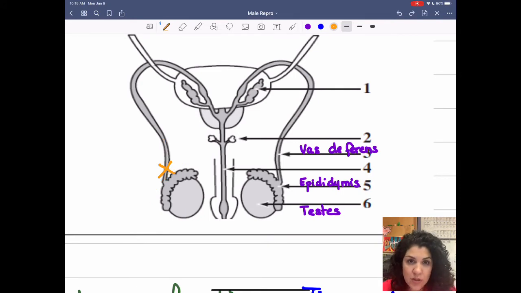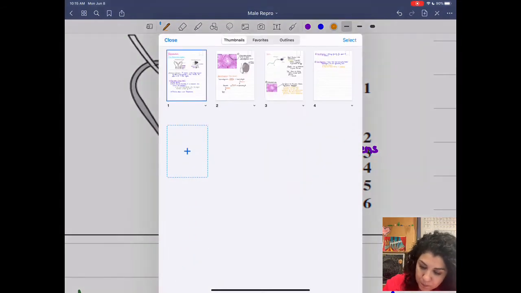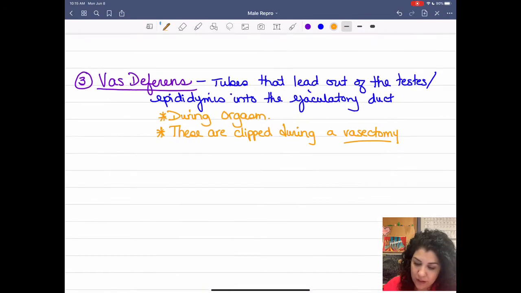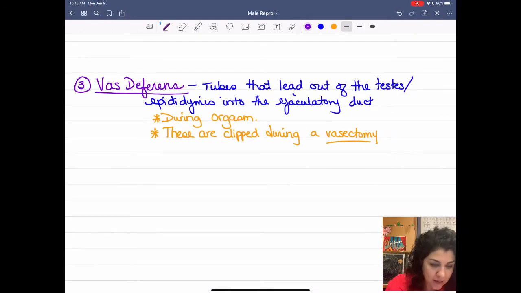And these procedures have gotten really, really good. No scalpel vasectomies, laser vasectomies, where the doctors just make a tiny little incision and then pull out the vas deferens, clip it, cauterize it. They could burn it, or clip it, or tie it, and then tuck it back in. And now the vas deferens can no longer transport sperm. Okay, so that's the vasectomy right there. It's obviously a permanent form of birth control. Okay, and next,